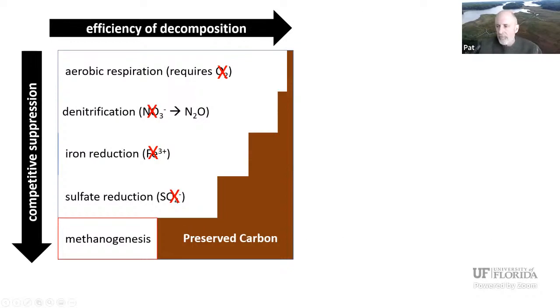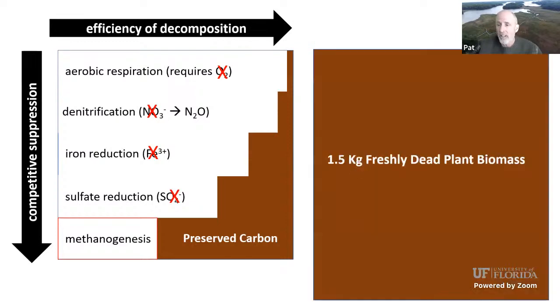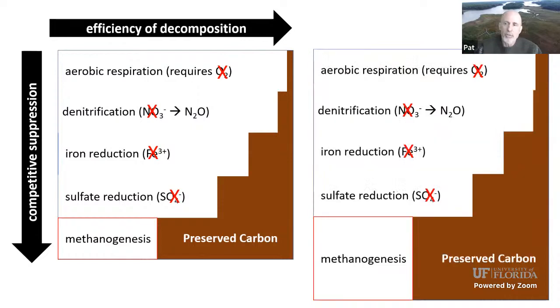Now, let's say we've done some fantastic thing. We've elevated CO2, increasing plant productivity in our wetland. And now in the exact same environment, we're getting 1.5 kilograms of freshly dead biomass. Well, the system's going to run through all the same processes, and end up at methanogenesis. And we will have preserved more carbon, yes, but we will have necessarily emitted more methane. So from a basic biogeochemical perspective, you cannot escape this. However, the situation is a little more complicated than I presented it,